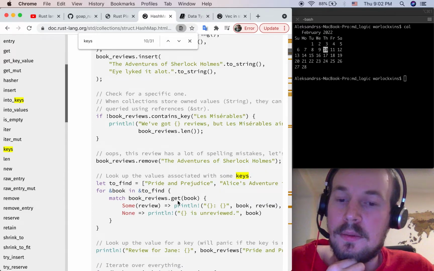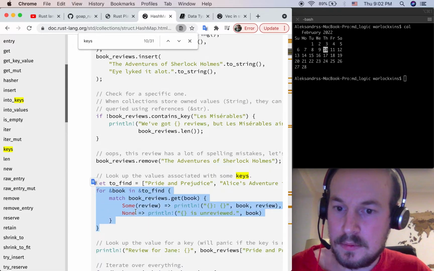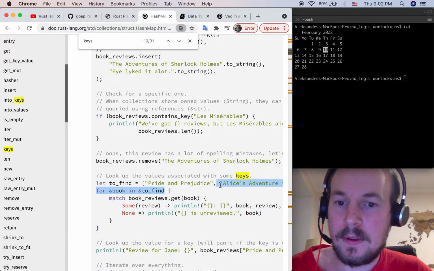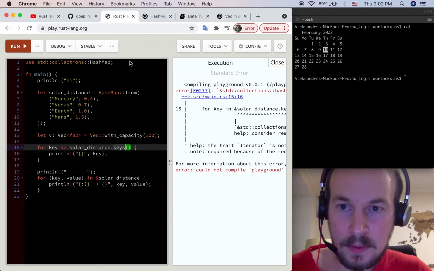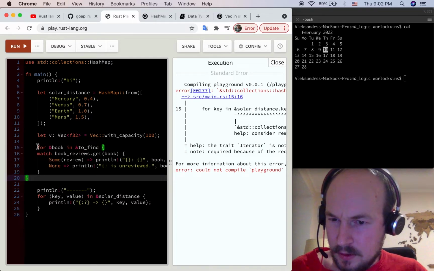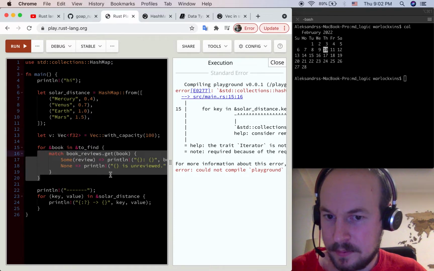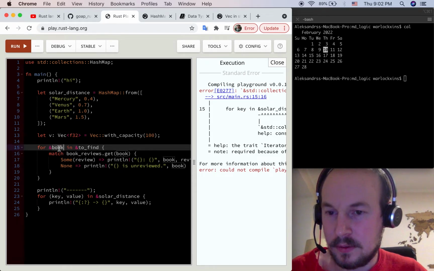All right, so apparently this is possible. Yeah, I'm gonna copy that. So they are creating an iterator over a vector, and they're trying to find something in a hash map. Let's do that. It's ugly. For something in something, so